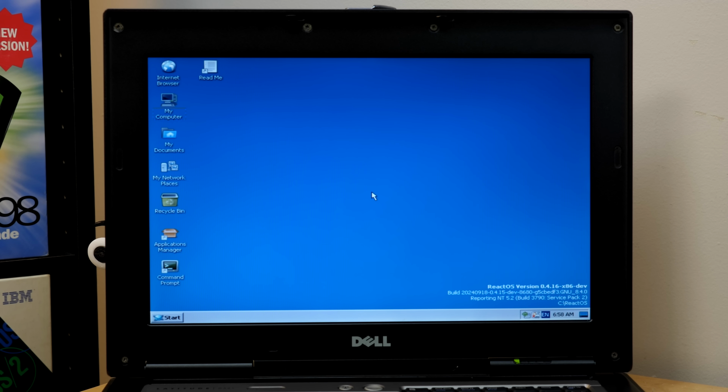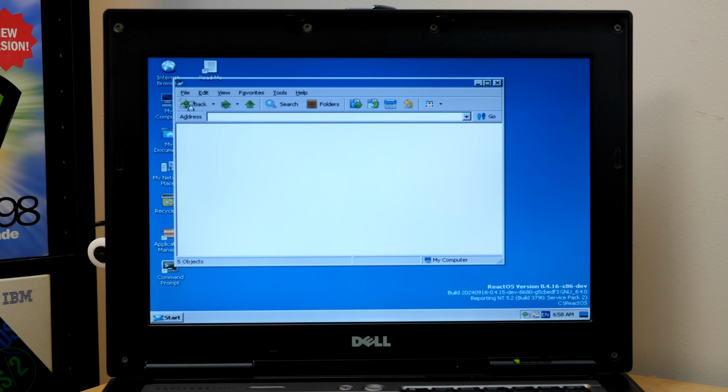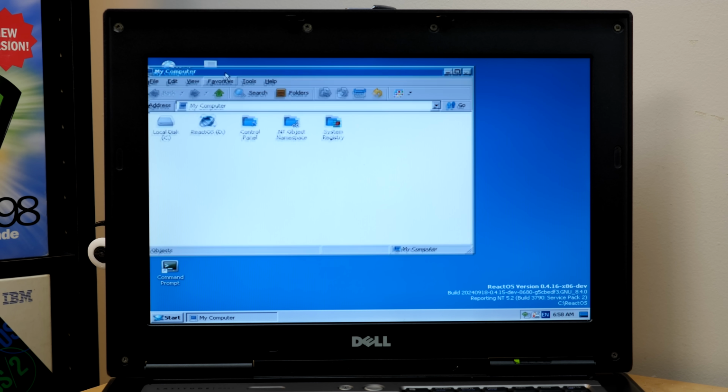Now, regarding the audio situation, unfortunately, like I said, we could not get that to work, despite also trying to copy over some system files from Server 2003. So yeah, that's just something they have to work on some more, I guess, but just getting video working is pretty huge. Although, as we open up windows and stuff, you'll see that there is a little bit of jankiness going on,